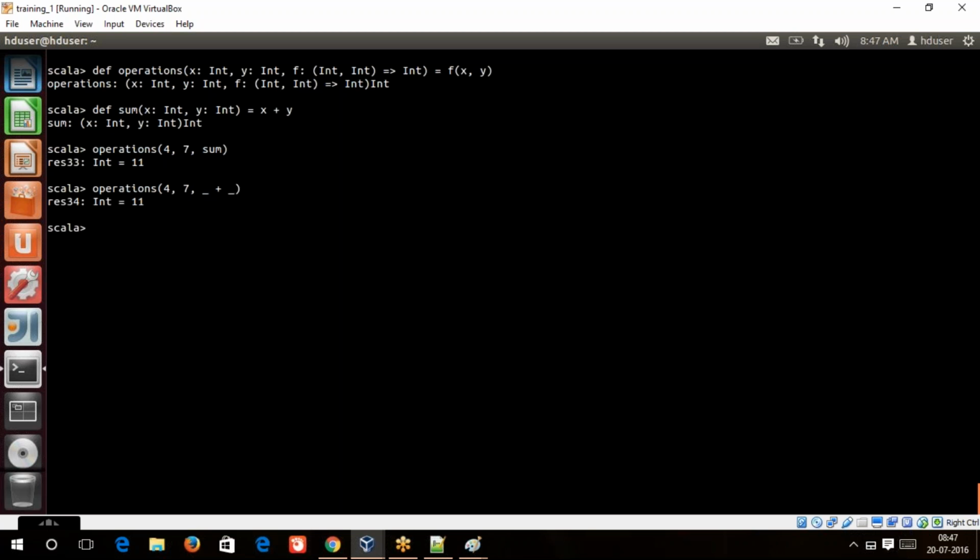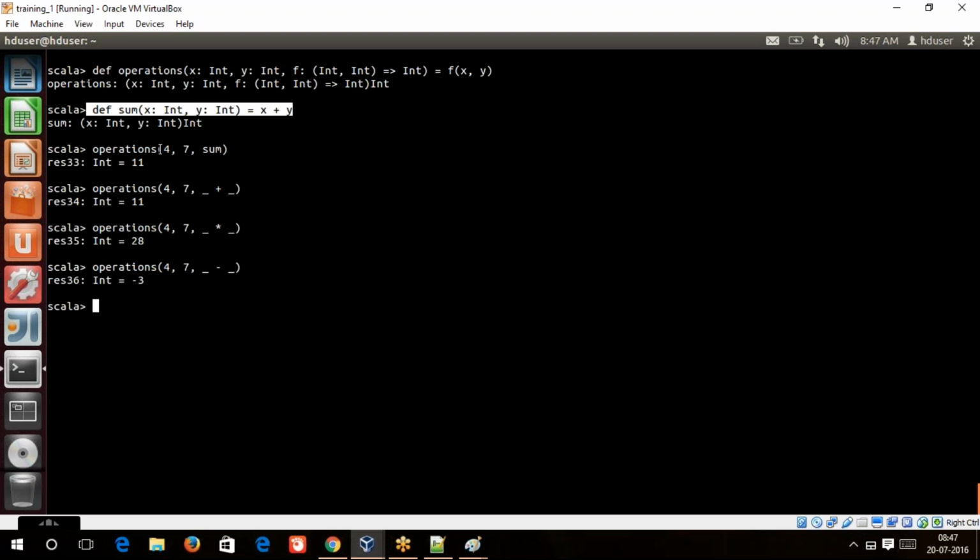If I want to multiply two things, I will just say multiplication. I need not define one more function as product. We got rid of that step. If I want to subtract, I will just say subtract. I need not specify one more function as subtract. I can also use